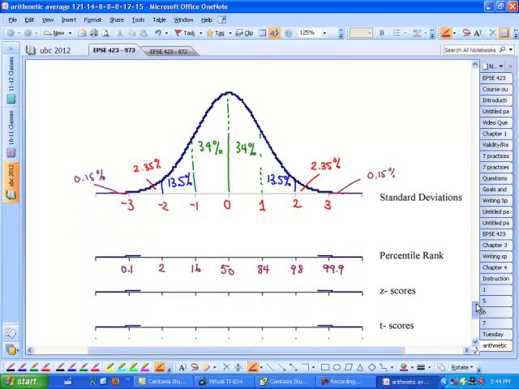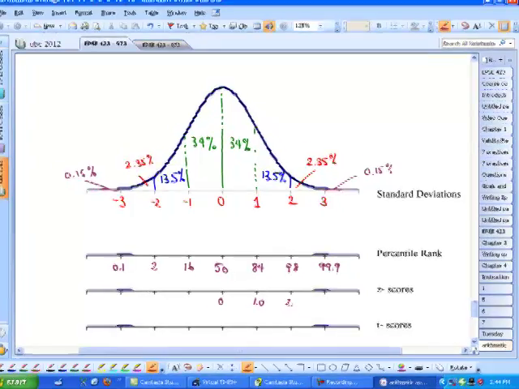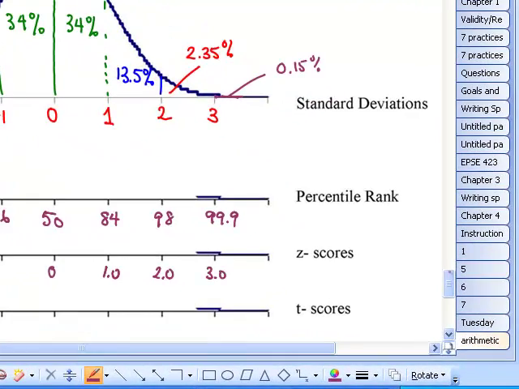Z-scores are actually the same thing as the standard deviation. So sometimes they'll give you a Z-score number, and based on that number, you can tell where they are on this normal curve. They're exactly the same as the standard deviations. I've seen T-scores as well, and T-scores are like percentile ranks, but